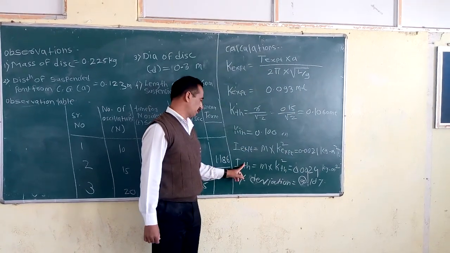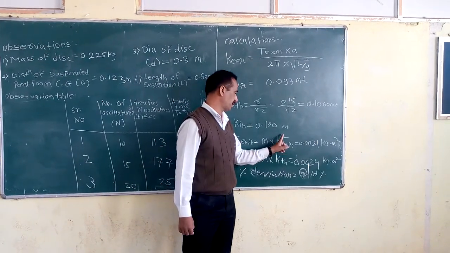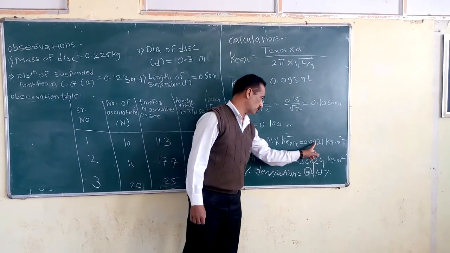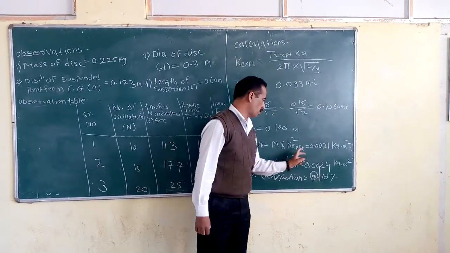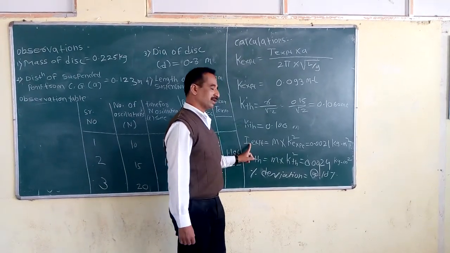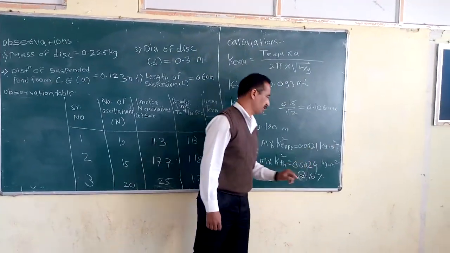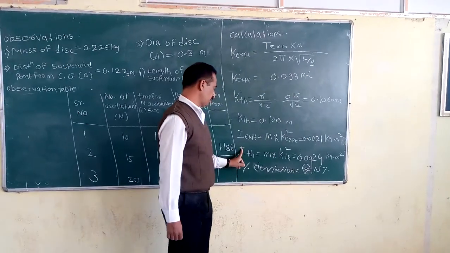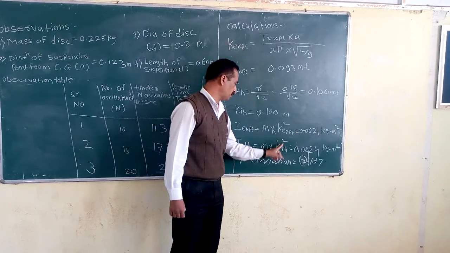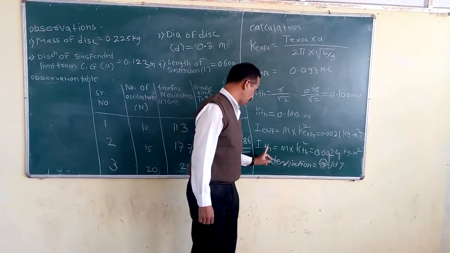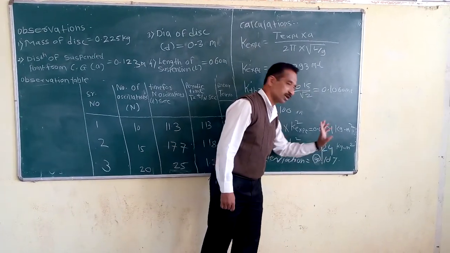Now the final aim of this experiment is to find the mass moment of inertia by the experimental method and by the theoretical method. So I experimental is the mass of the disk into the experimental radius of gyration squared. The mass of the disk is given initially. Putting this value in this formula, we get the experimental mass moment of inertia of the disk as 0.0021 kg meter square. For the theoretical value, the mass remains the same, only the value of the radius of gyration K theoretical is put here. We get the theoretical mass moment of inertia of the disk as 0.0024 kg meter square.